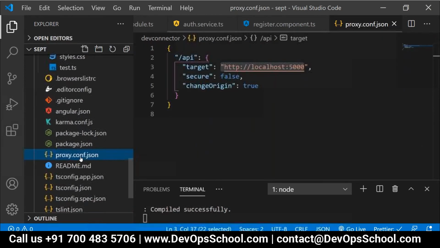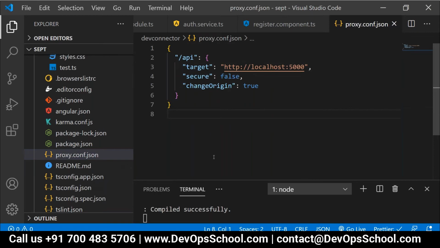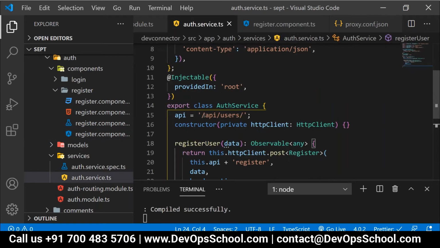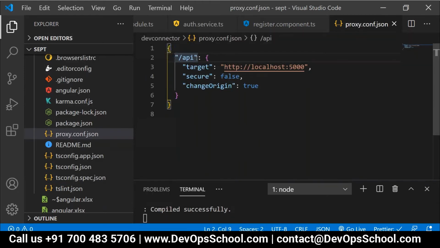Prithvi, is it clear? Yes. Now here, is this part matching? /API/user/register, you can consider this, correct? Is it matching with your proxy or not? Correct, it's matching.